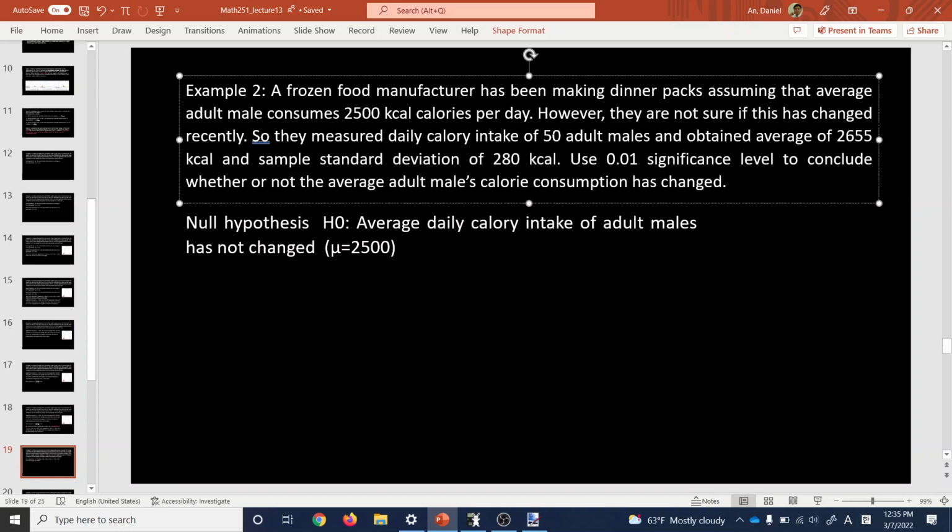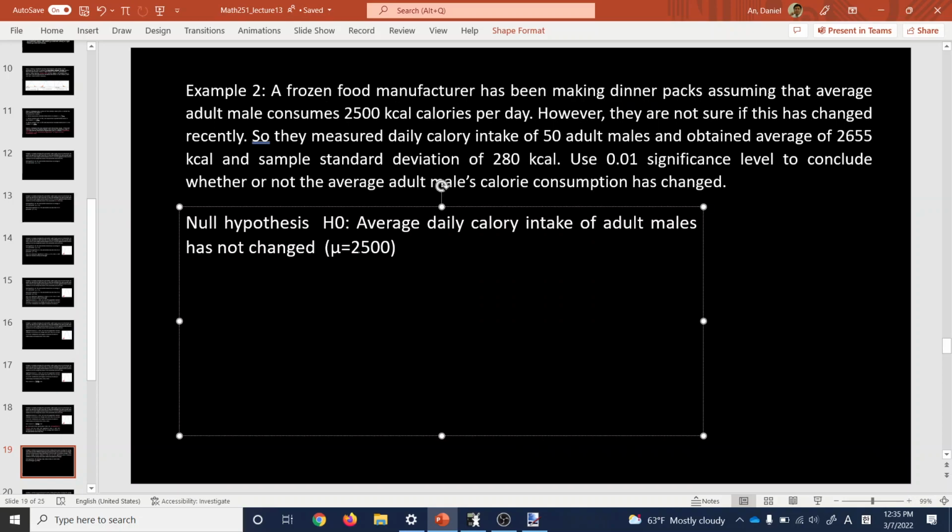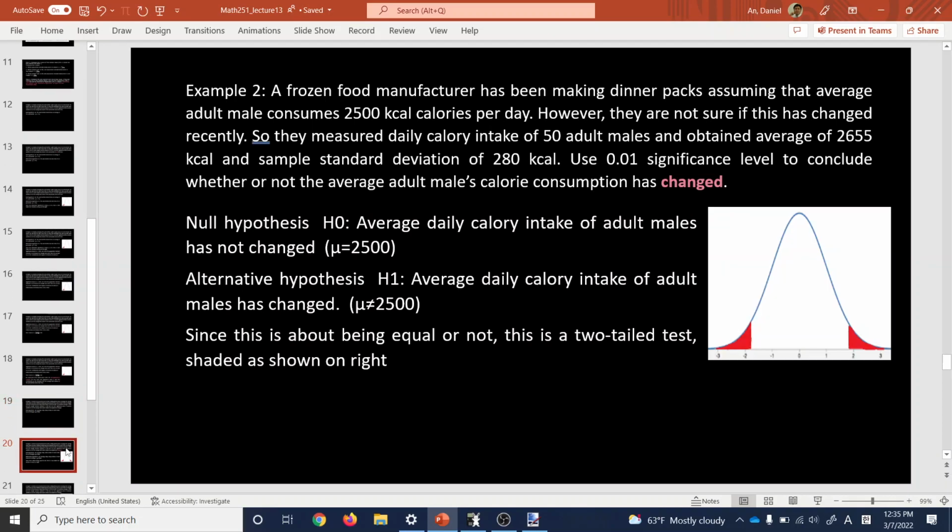The question is about adult calorie consumption. And because the adult calorie consumption, the previous value that's assumed is 2,500, you want to use mu equals 2,500 as your null hypothesis. All right. Next, now alternative hypothesis should be mu not equal to 2,500 because, as I explained, you're not just